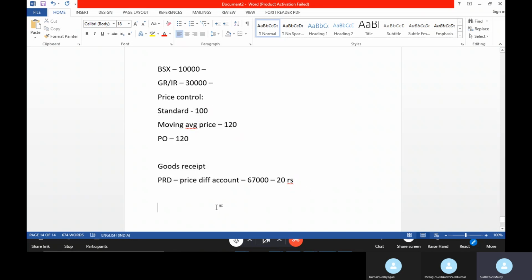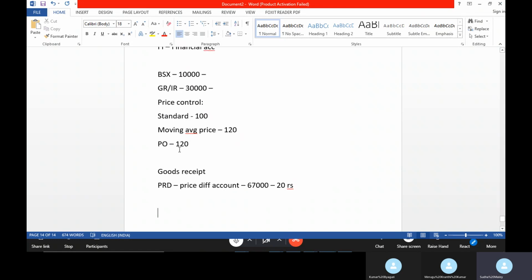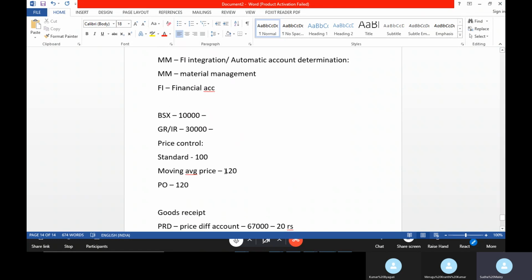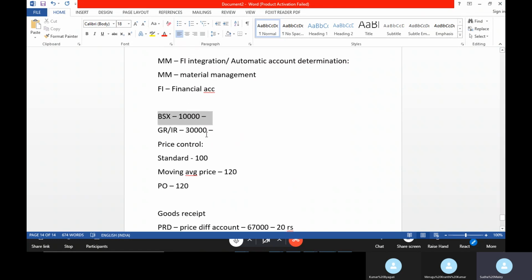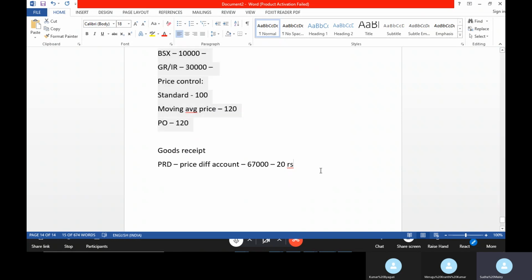This price control also has a link with your MMFI integration, and I will tell you how. Before doing an MMFI integration, first of all you need to know what a price control is and what the difference is between standard and moving average.